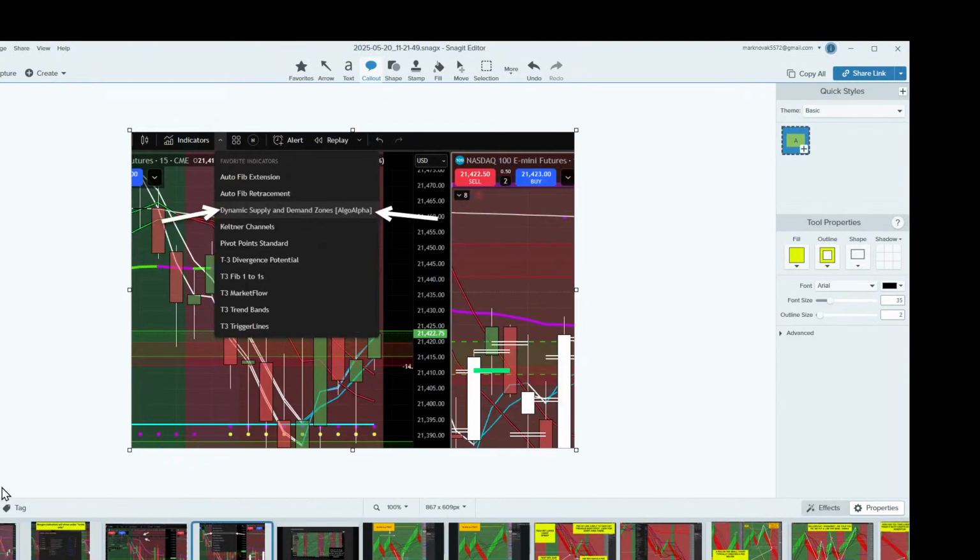If you don't want to spend money, that is your prerogative. There is a free version, dynamic supply and demand zones. Absolutely you do. It's a trading platform. There's the free version. So 10K,